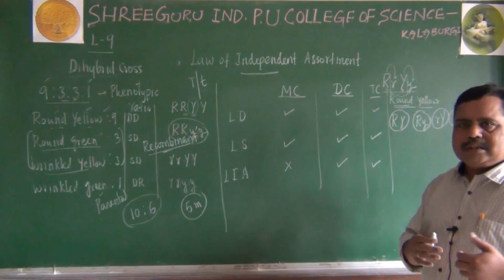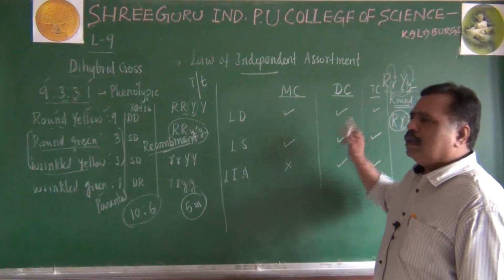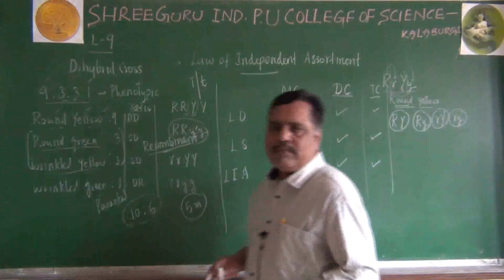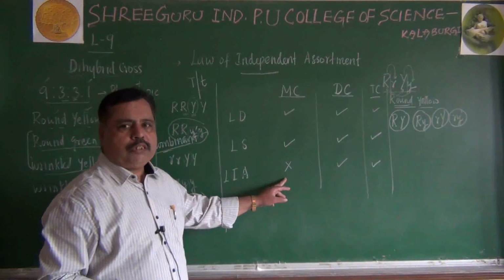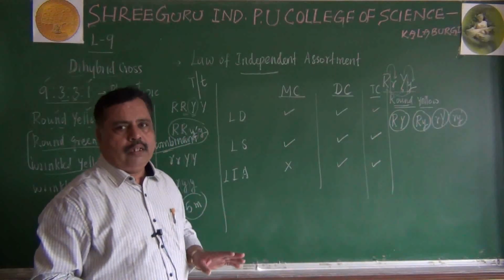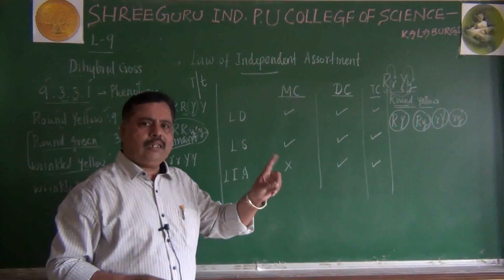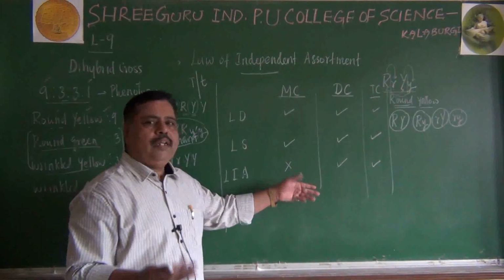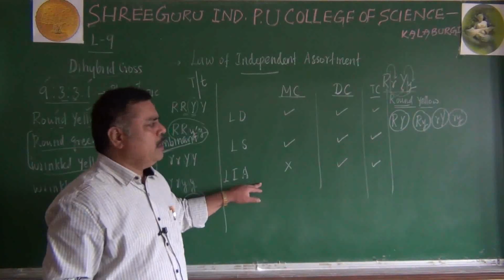I hope you understood the concept clearly. Law of dominance is applicable in almost all types of hybridization crosses. Law of segregation is applicable wherever gametogenesis is possible. Law of independent assortment is possible only when there is involvement of more than one character. If there are 2 characters, 3 characters, we will have independent assortment. When there is only one character, there is no question of independence. It will segregate and get inherited, but with whom it will join, there is no question. It does not have any other pair here. So this is independent assortment.